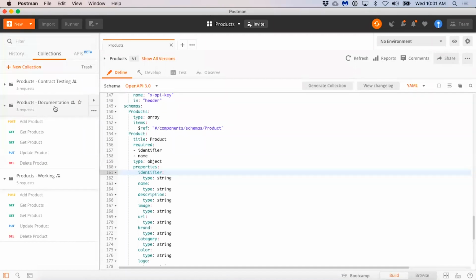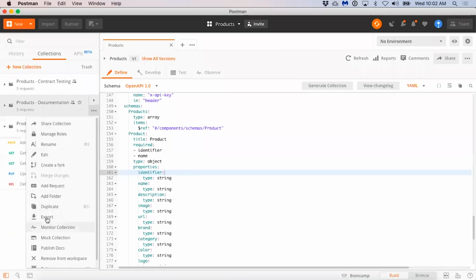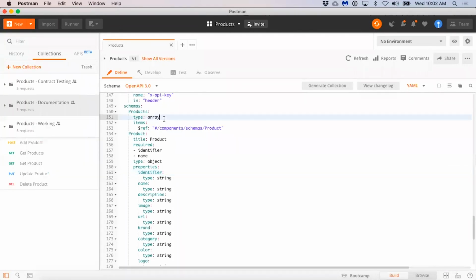Jeff also encourages, even though all of these collections are well organized in workspaces and are synced and using the Postman platform, team members to regularly export collections and save them locally for backup purposes if they make major changes, because sometimes team members will step on each other's toes.